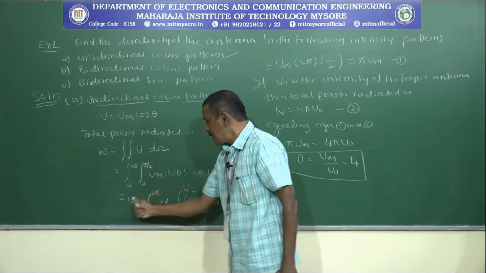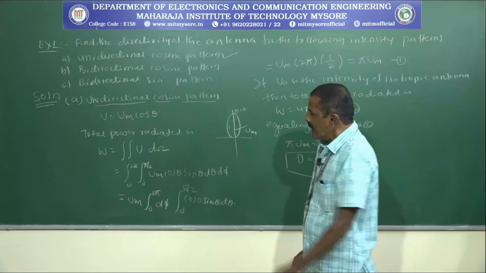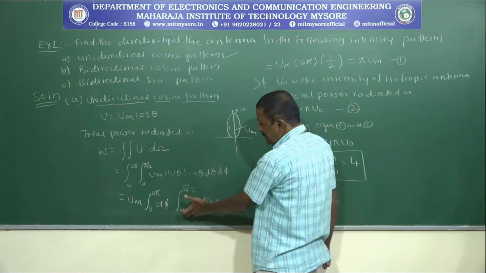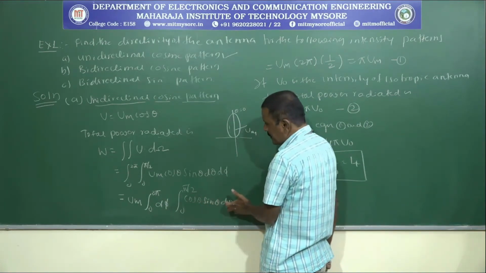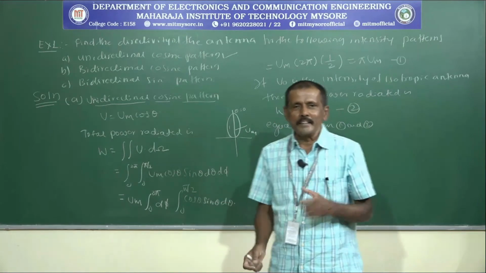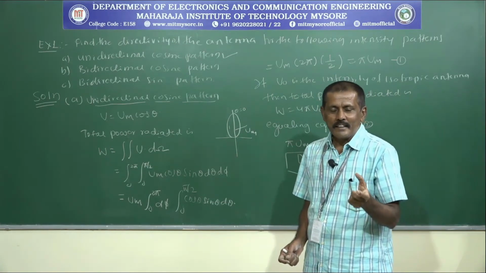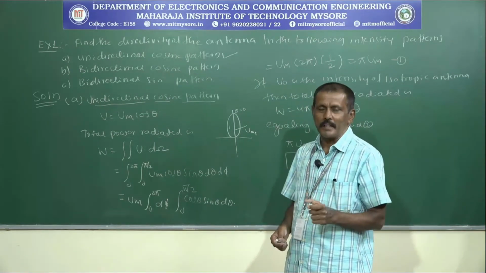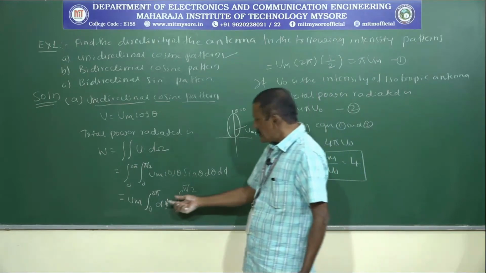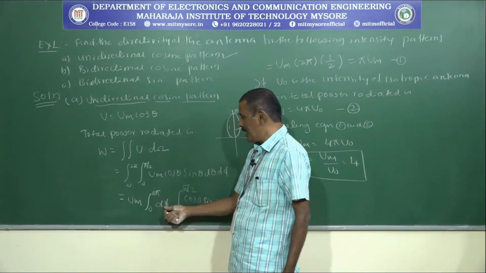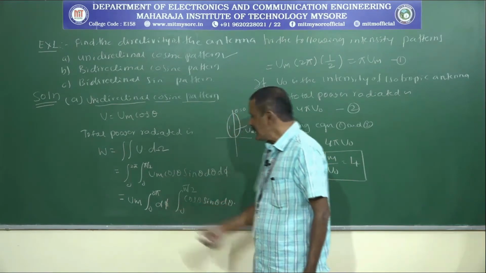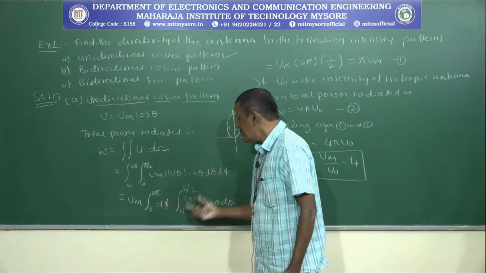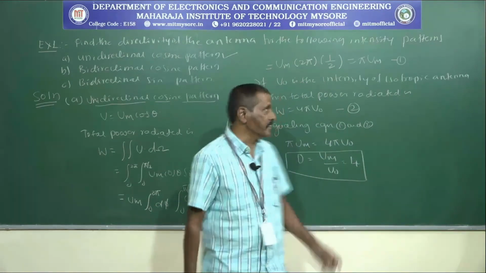Now, the constant term, take it outside, and integrate from 0 to 2 pi in d phi, and from 0 to pi by 2 of cos theta sin theta d theta. As you know, an antenna radiates both in the phi direction and in the theta direction, that is, both horizontally and vertically. Therefore, we have to consider theta and phi, integrating from 0 to 2 pi in the phi direction and from 0 to pi by 2 in the theta direction. So, you can integrate these equations,